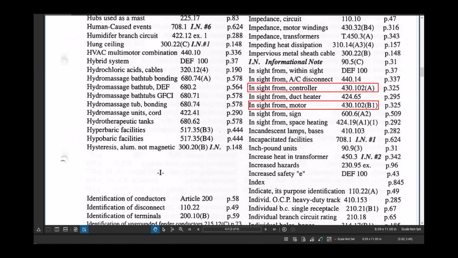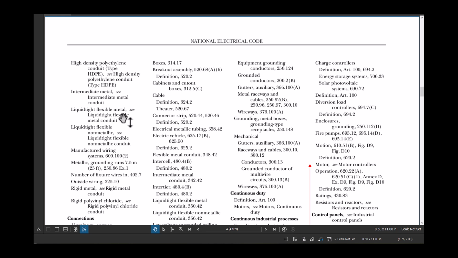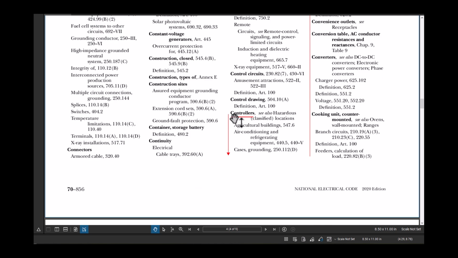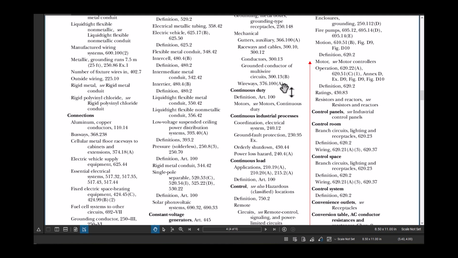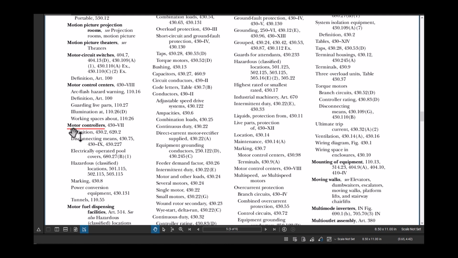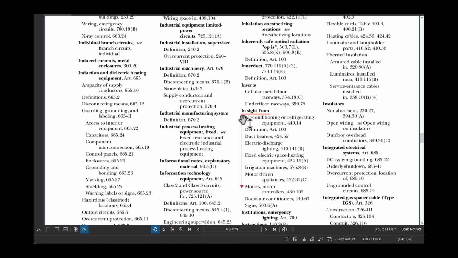Now let's go to the NEC index and see what we have. If we go to controller, we just navigate through, we come to the motor, and they send us to motor controllers. Let's go to motor controllers and see what we have. Motor controllers, article 430.7, and let's see what else we have. Inside motor controller